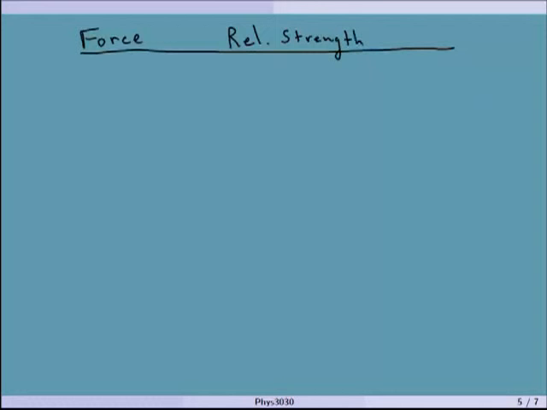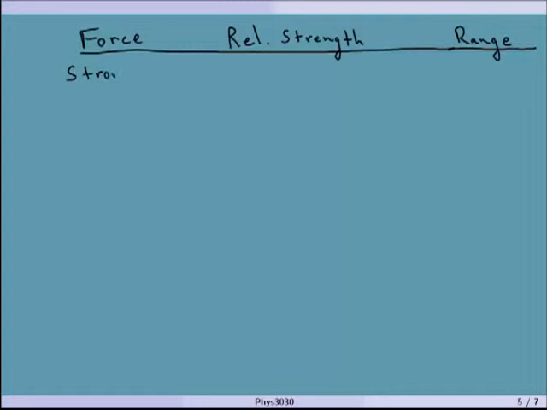All right. And before we talk about antiparticles, one more thing that I want to talk about is the strength of these forces. So I'm going to just draw a table here. On this side, I'll write the force. Here I'm going to tell you what the relative strength is. This is in your book as well. Okay, but I want to talk about it a little bit more. And this is the range, so the distance range that these guys really act on. Okay, and I'll write them from strongest to weakest.